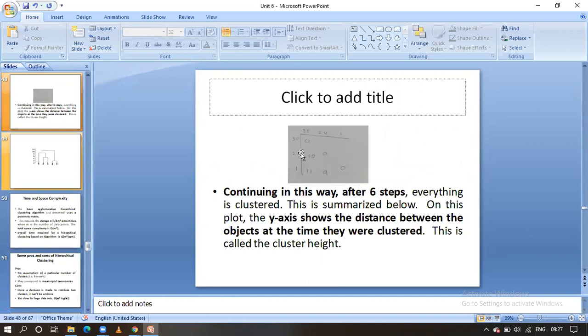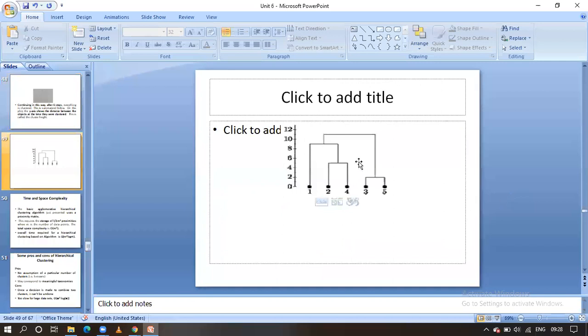Okay, in the updated distance matrix, which is the least value, guys? That is 9, the least value, that is the 2 4 cluster and the 1 cluster. We are going to merge this 2 4 cluster and the 1 cluster. Finally, after the sixth step, we are going to get a diagram like this.